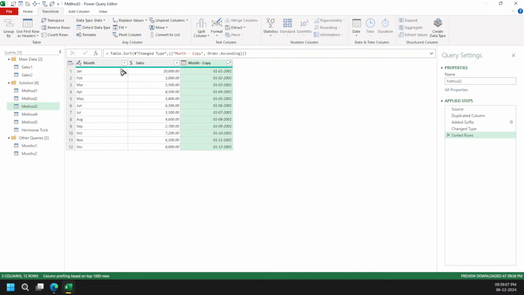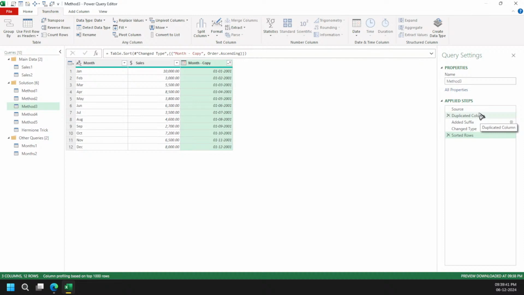But if you feel like, okay Aditya, we are still consuming lots and lots of steps, right? You can see first duplicate, then add suffix, and then again change the type, and then sort data. So now that's our beginning to learn more about M coding. We are going to analyze what Power Query is doing behind the scenes. Now we are going to see how to attack the bosses, to frame the strategies and all these kinds of things, right?